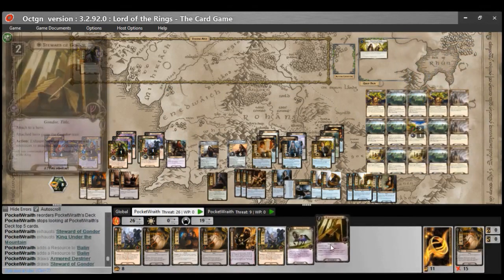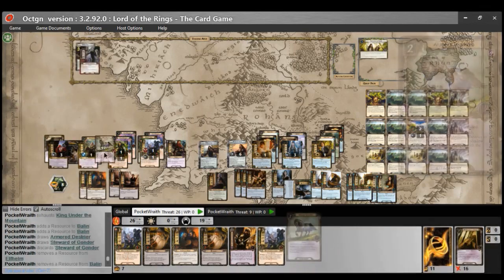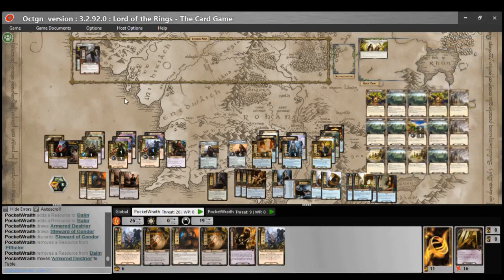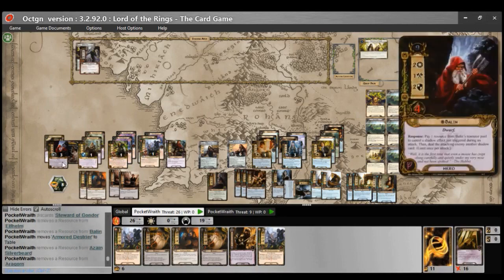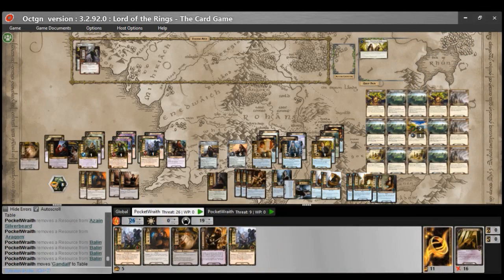Steward and King, discarding spare Steward. May as well give Elf Helm a second Armored Destria. And then play Gandalf again, dropping my threat by 5. And okay, so